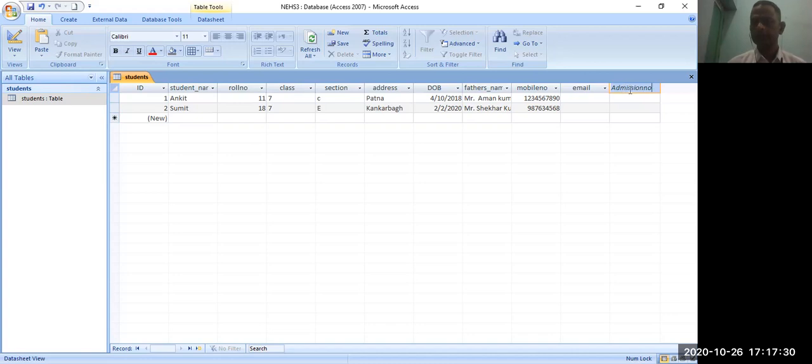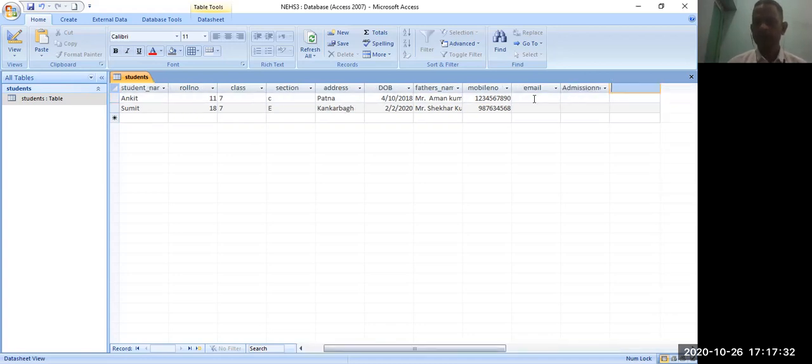Just enter the admission number. Now you are able to add the email, admin at gmail.com, and the admission number here, you can see, 2166. Now you are able to add the column. You can also modify the column name.